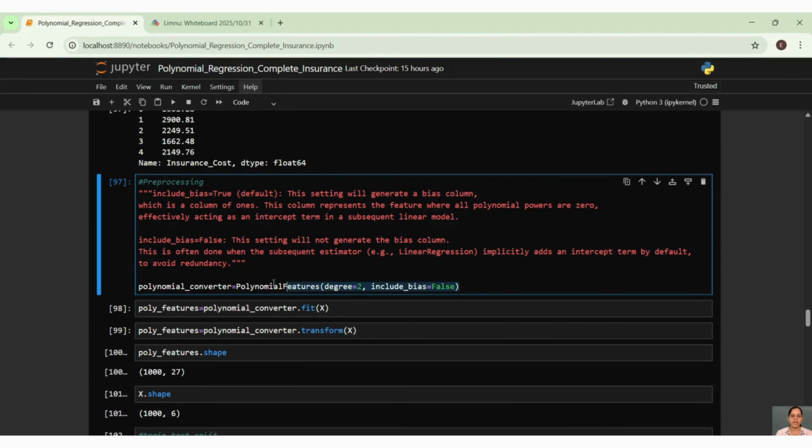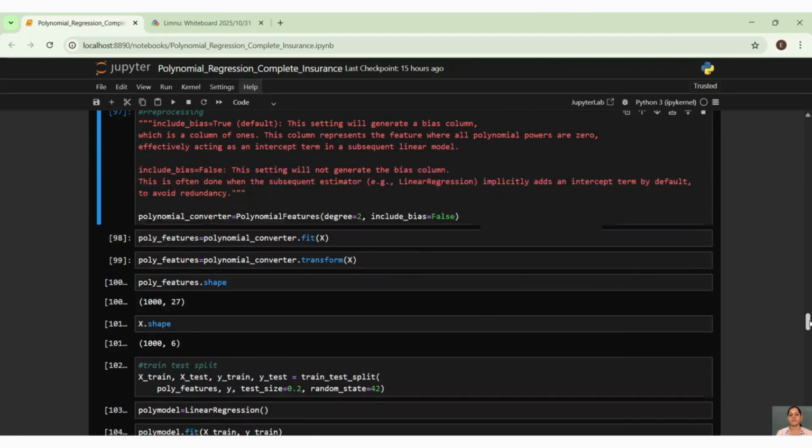So this is what a bias concept or include bias. If you don't use this also, that is fine. But however, I wanted to learn on these factors, what exactly is coming in which step. And now we will get our polynomial feature. And how you will get it? We will get it by fit and transform. Instead of doing this, you can just use fit_transform as well. But however, I want to show all the steps. You can take fit in one, then after that you can take transform.